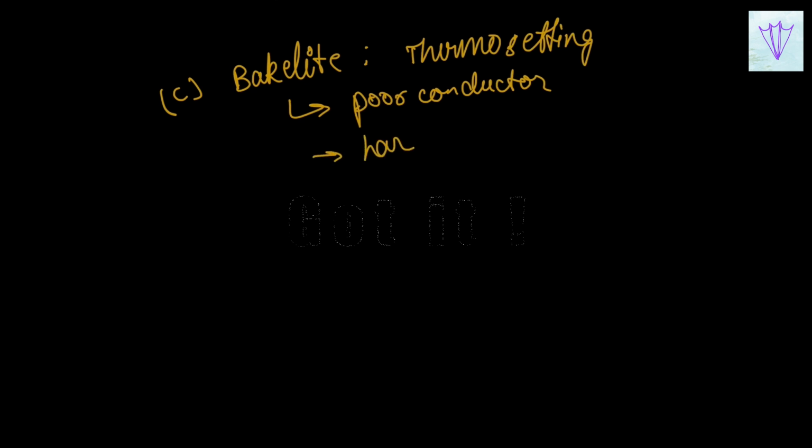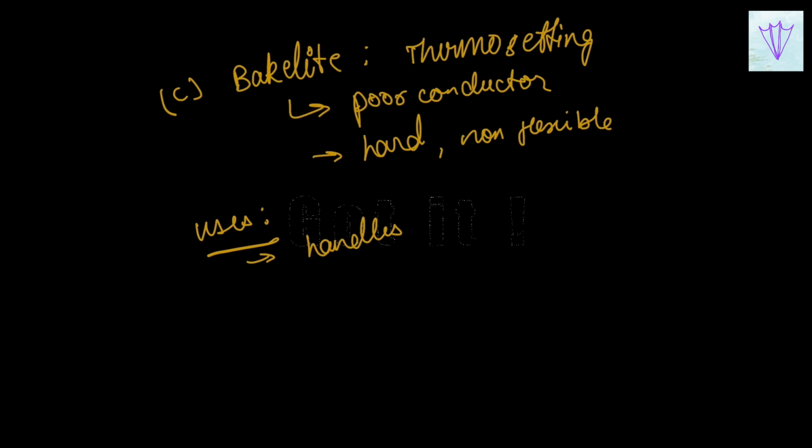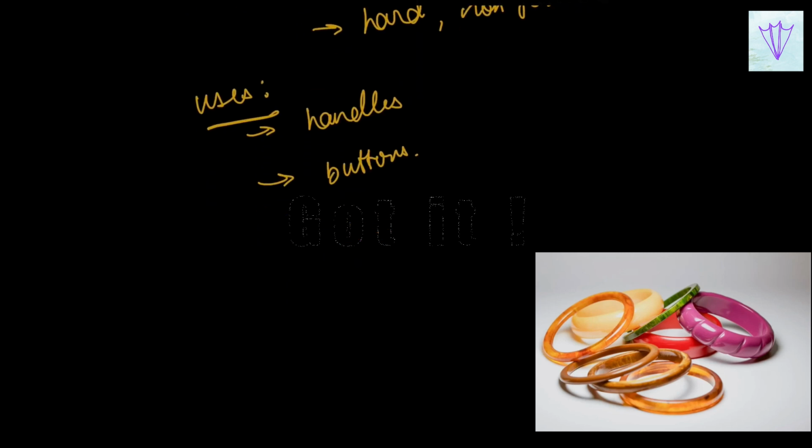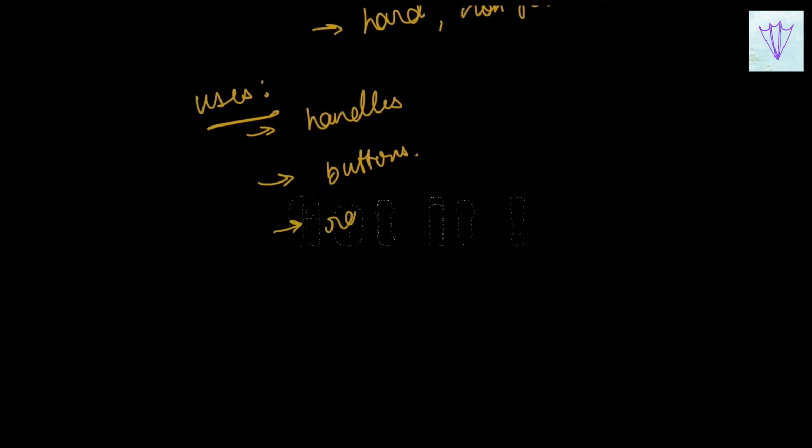It is hard and non-flexible, and once it breaks it cannot be rejoined, remolded or reshaped by heating. The uses are, it is used in making handles of utensils and most electrical fittings. It is used for making buttons, lamps, combs, office stationery, etc., and used in making radio,